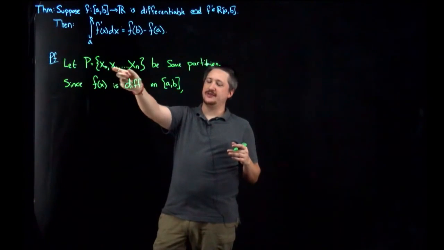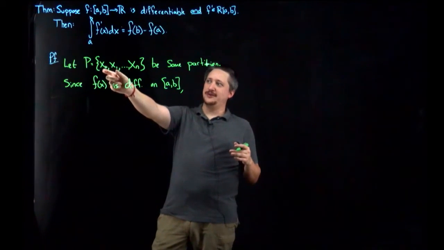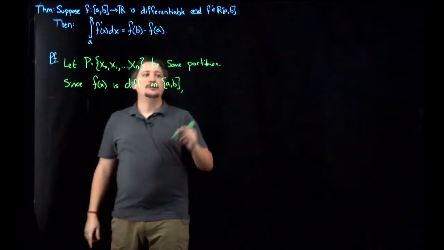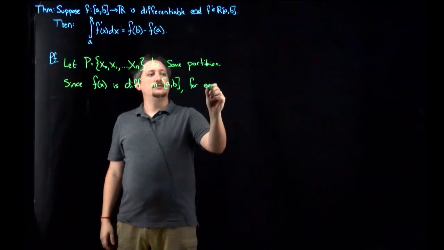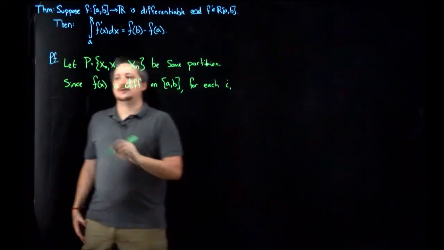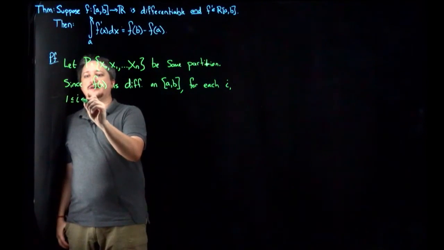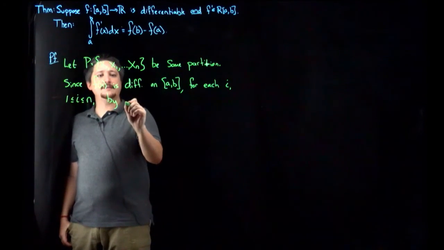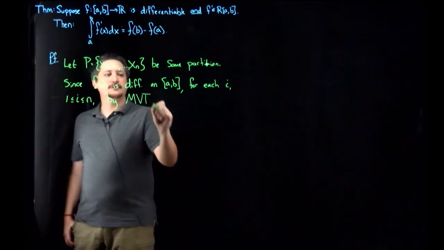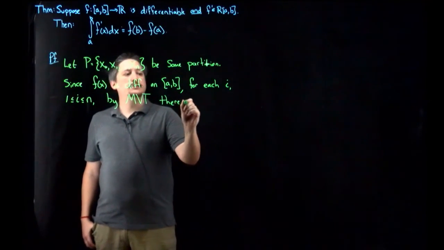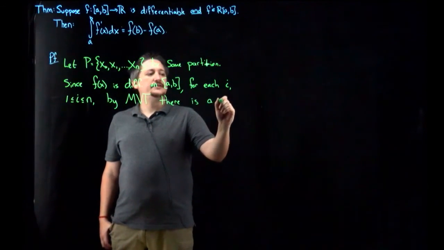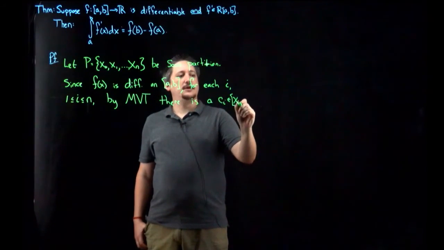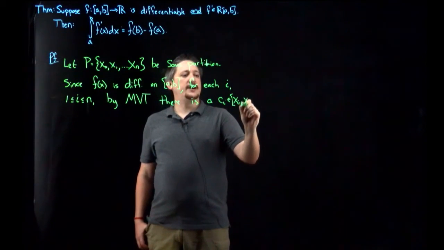Remember, with these partitions, x0 to x1 is the first rectangle, and x5 to x6 would be the sixth rectangle. So for each i with 1 less than or equal to i less than or equal to n, by the mean value theorem, MVT, there is a ci in [xi minus 1, xi]